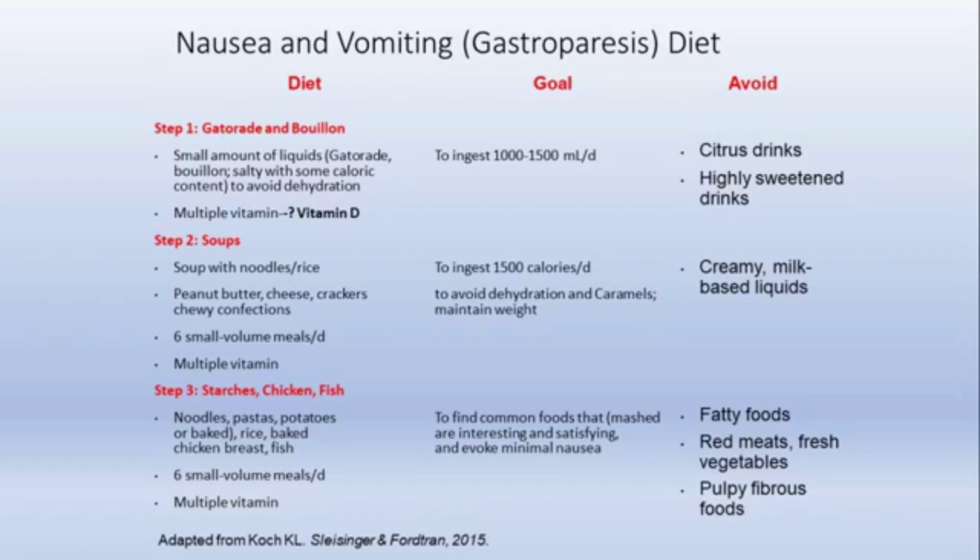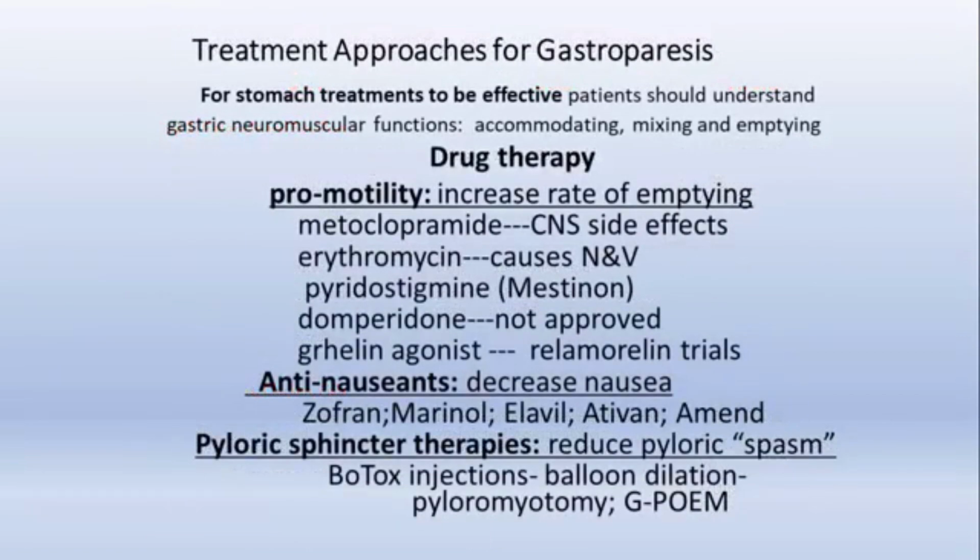And so that's why we emphasize small bits of chicken, fish, and the starches. And a one-a-day vitamin is important because this is not a complete diet by any means, but may help patients get through their days by adjusting the diet to the weakness of the stomach. Okay, that's a very important first step because